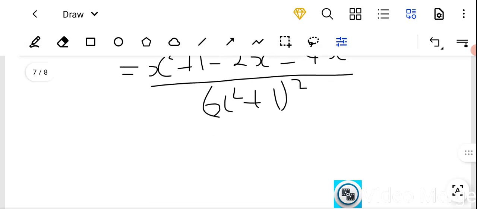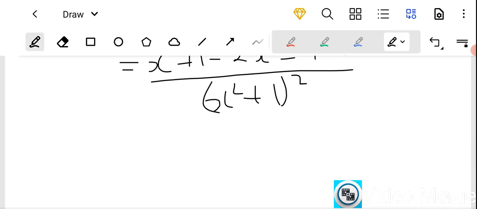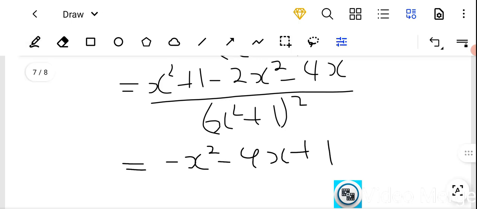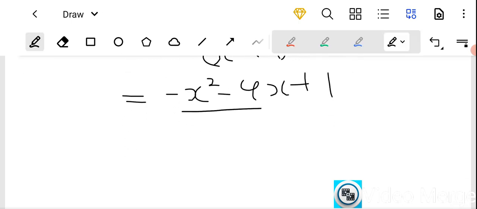So it's going to become negative x squared minus 4x plus 1, divided by (x squared plus 1), which has to be squared, and then